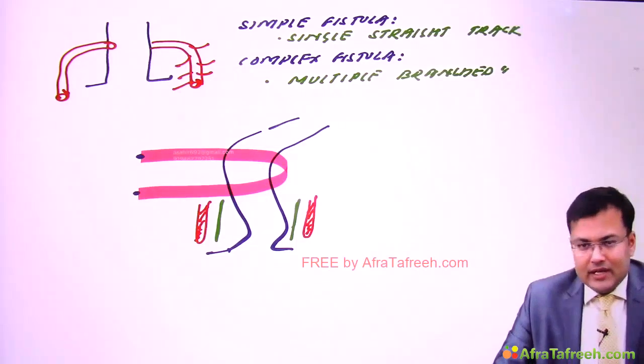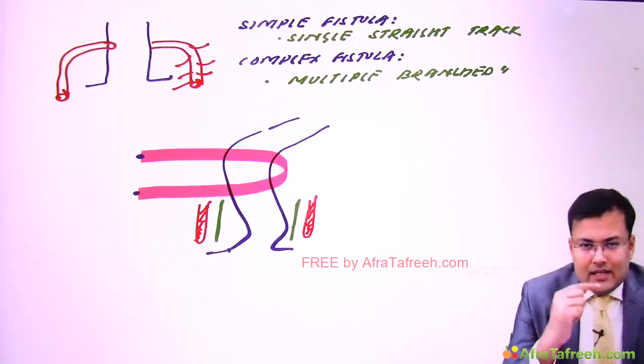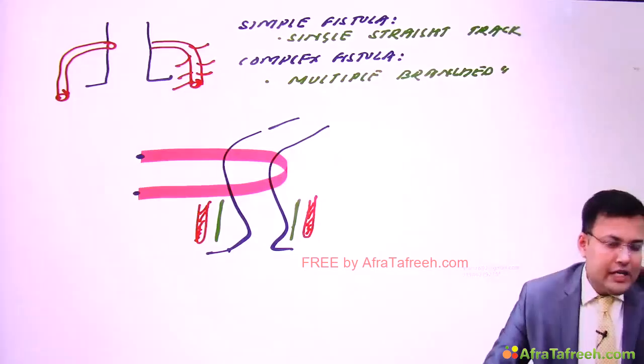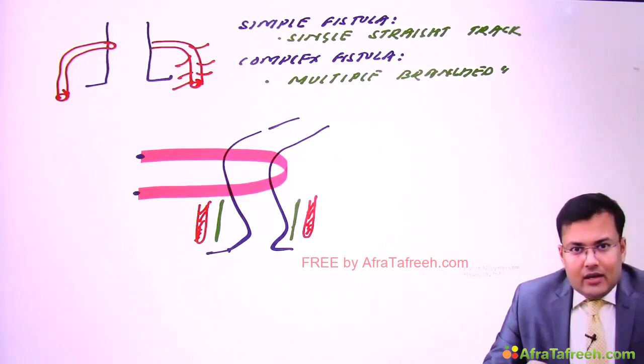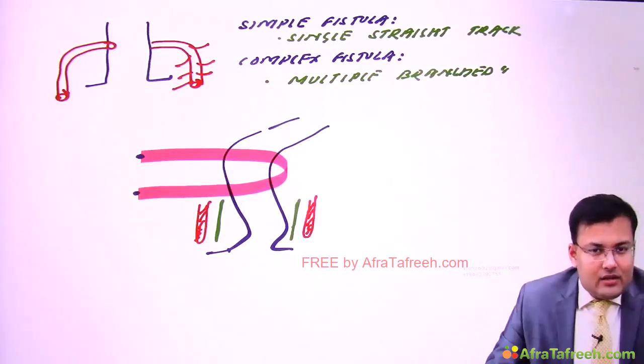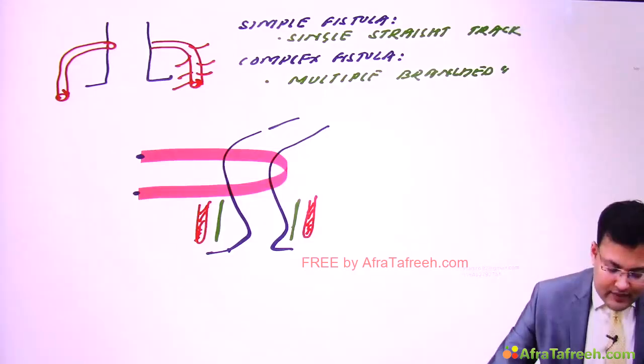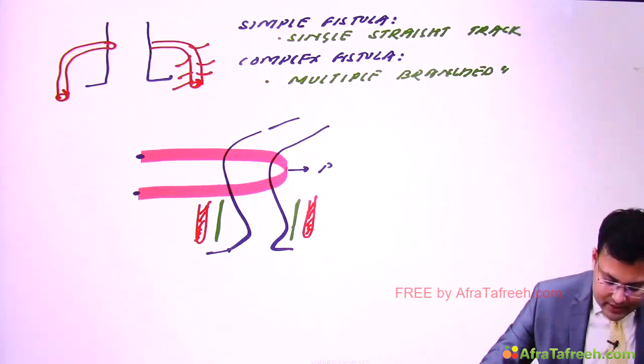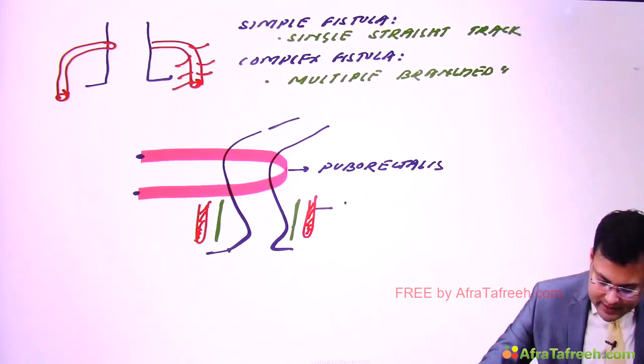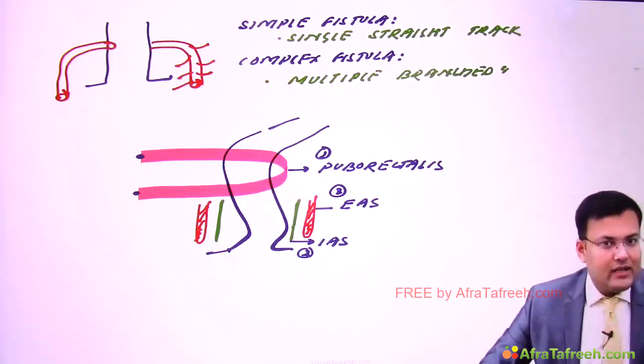Now see what is the difference between rectum and anal canal. In the rectum, in the muscle layer, there is an inner circular and outer longitudinal muscle layer. Whenever this goes into the anal canal, there is a transition. So what happens? The inner circular layer becomes the internal anal sphincter, and the outer longitudinal layer becomes the external anal sphincter. So what are the components of the anorectal ring? Here you can see this is puborectalis, this is the external anal sphincter, and this is the internal anal sphincter. Clear? So these are the three components of the anorectal ring.